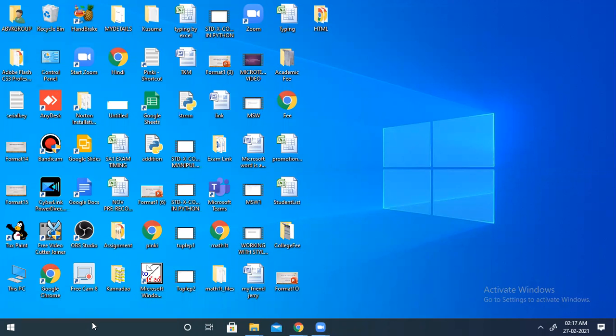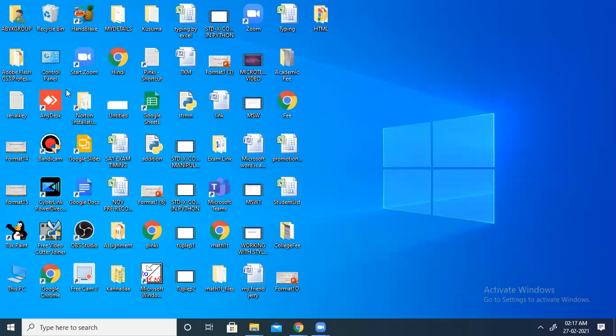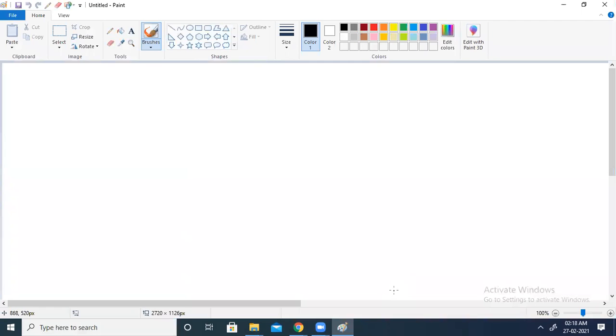Here in the search bar you type Paint. Though I am using the higher version, so I will get it here, then I will choose the application and Paint will be open for me. But if you are using the lower version of Windows, then what you have to do? You have to go to Start, then All Programs, then Accessories, then Paint. This is a software which comes by default with Windows, so we don't have to install it from anywhere. It is freely available with Windows. You can use it to do the drawings.